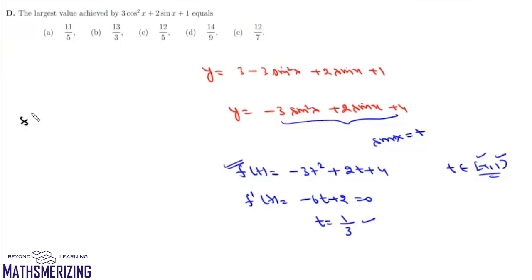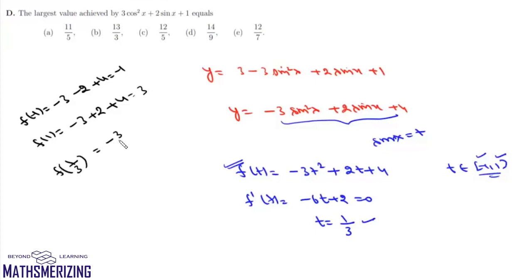So f(minus 1) will be minus 3 minus 2 plus 4. So this value is minus 1. Now what is the value at 1? Value at 1 will be minus 3 plus 2 plus 4, so it will be plus 3. And now the value at 1 by 3 will be minus 3 by 9 plus 2 by 3 plus 4. So this value will be 1 by 3 plus 4, and there will be 13 by 3. Now out of these three, the largest value is 13 by 3, and that is the answer to this question,